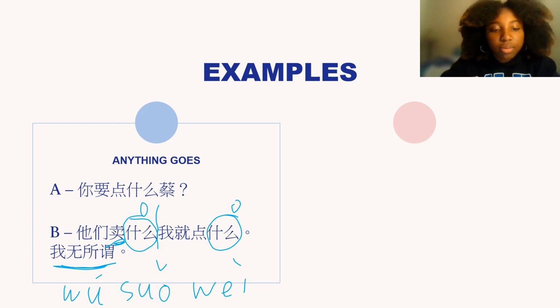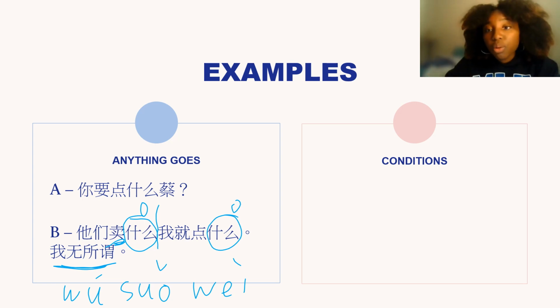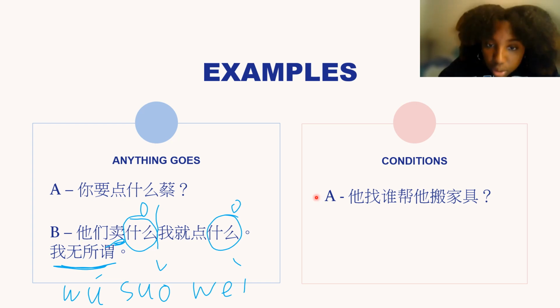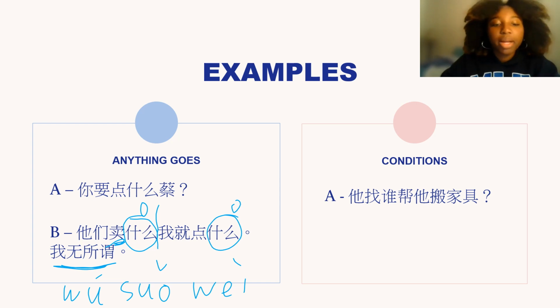Alright, 那第二个 conditions. We can use it to describe like, anything goes, I'm cool with anything. Whatever it is, I'll do it. The opposite is also true, like nothing is going to work. I won't buy any of that. But conditions, we can also show qualifications, like whichever one has this quality, that's what I'm going for. So 第一个 A says: 他找谁帮他搬家具？